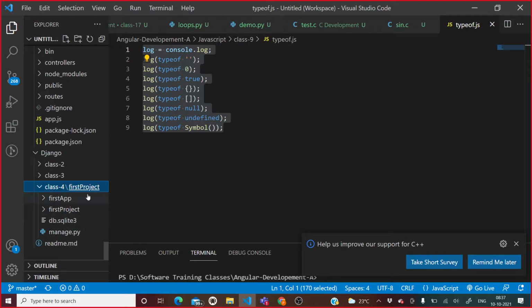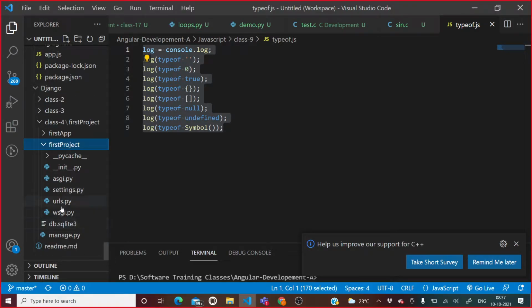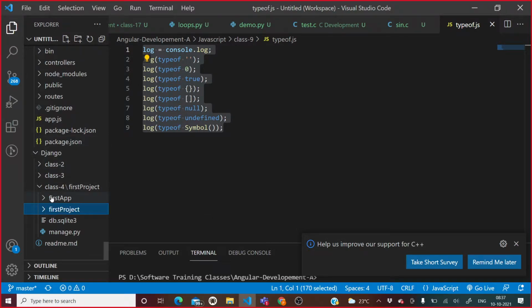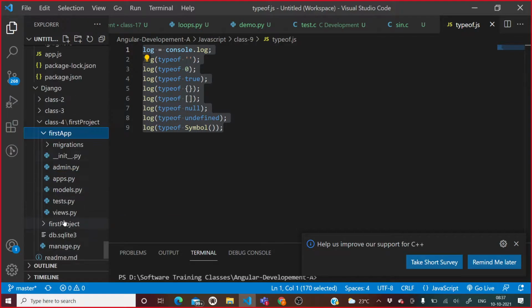So here you can see that inside first project we have first app and first project folder. This first project folder contains all the configuration files of this project. And right now we have created inside this project one application as well. What is that? First app application.